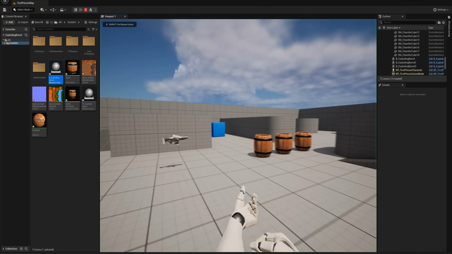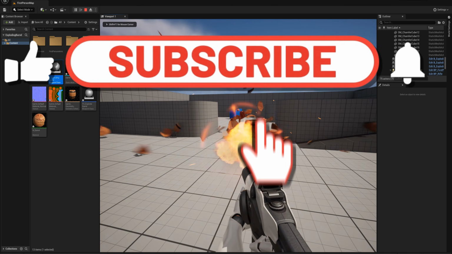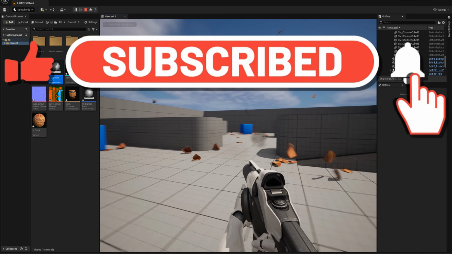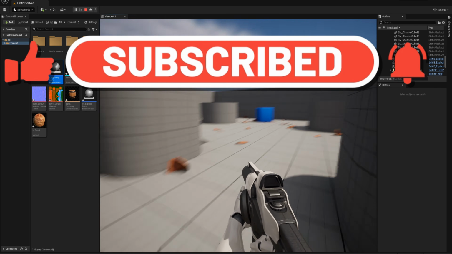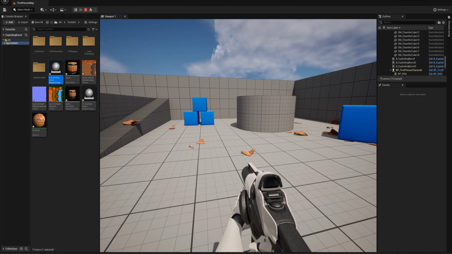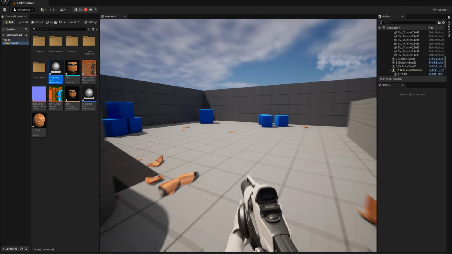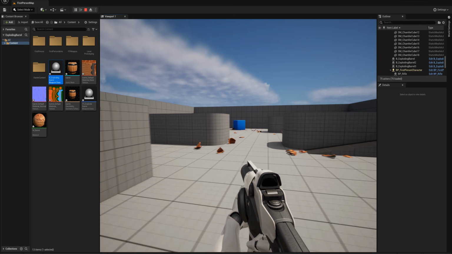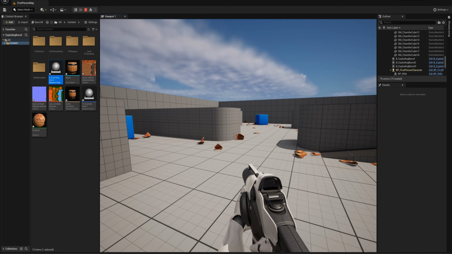Perfect. That's pretty much the exploding barrel asset built from scratch. I modeled, textured, and set that up with chaos fracturing and explosion field, and borrowed the explosion particles and sound, of course, from